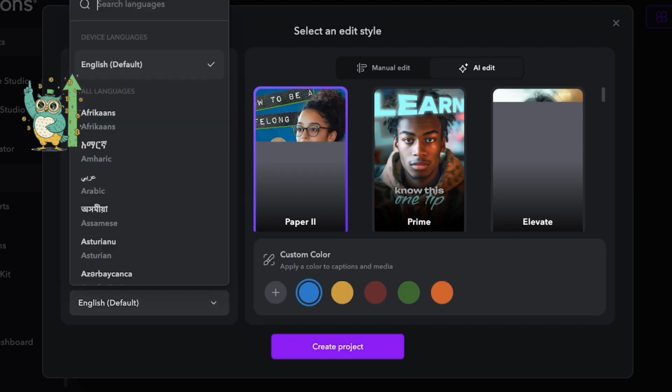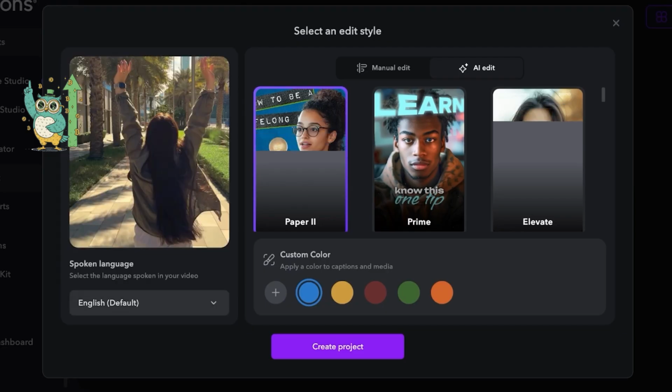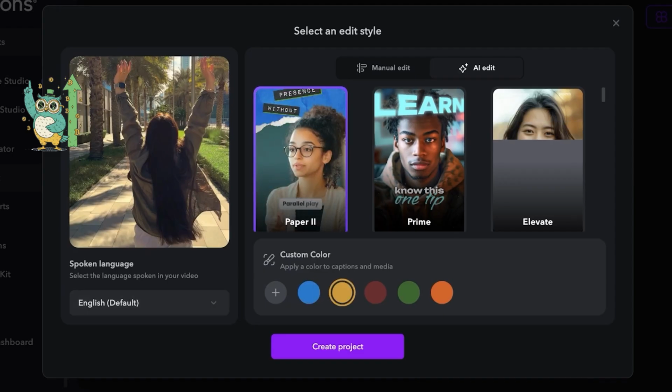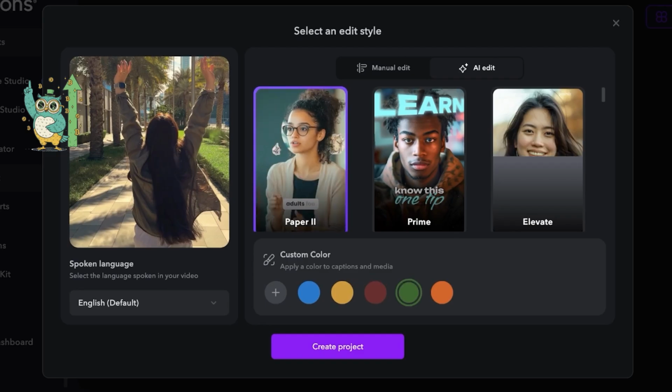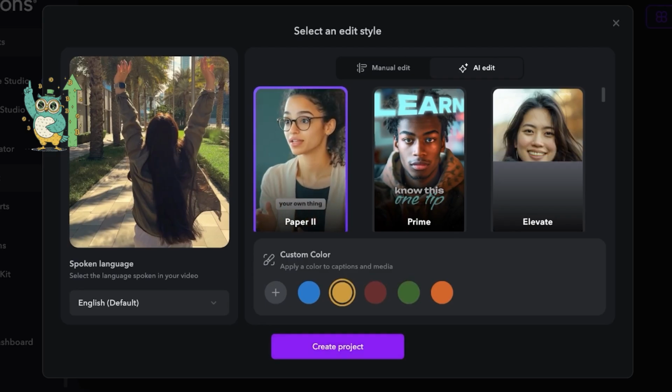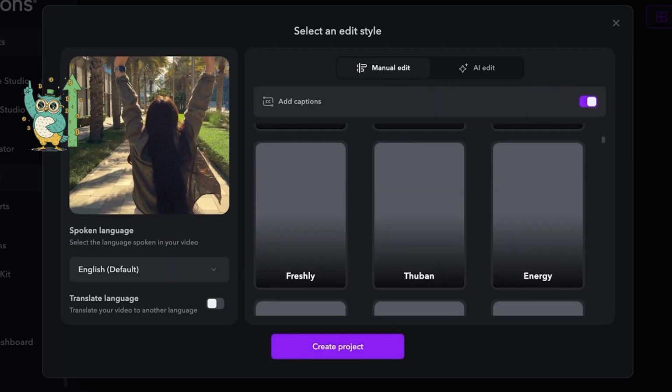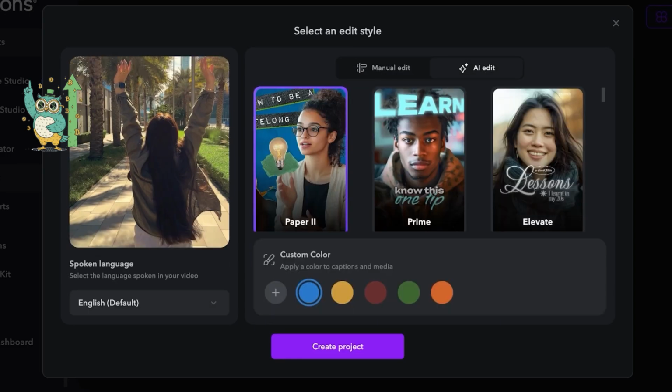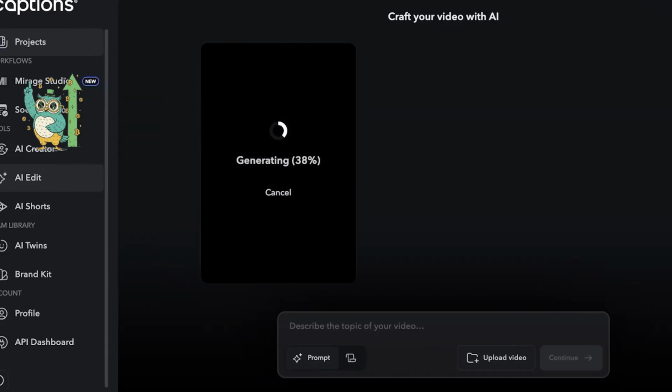You can select the default language for the spoken language if you know what language is being spoken, and then you have your custom color that you can apply to captions and media. Then click on Create Project and you can proceed with either manual editing or AI Edit. I want to go with AI Edit over here and then click on Create Project. Once you do that, it is going to automatically edit your video, and this makes a lot of things so much simpler,